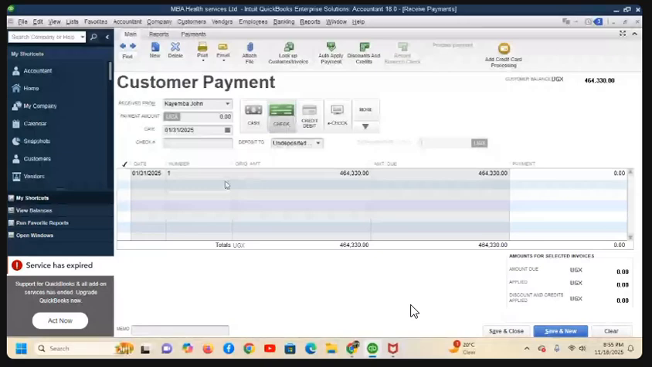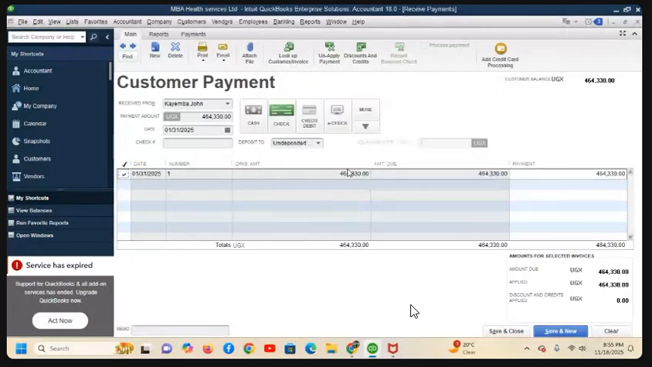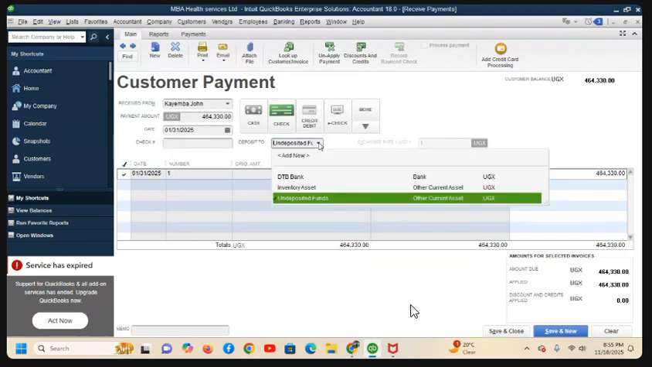Then I come and tick on the figure here. The moment I click on it, the figure automatically takes itself here. So the system will assume that I'm receiving payment of the full amount. If you have a check number, you come and write the check number here. So now, where are you depositing the money? When we are depositing the money, we should be able to select the bank account where we are depositing the money. Now, assuming we are depositing the money to Diamond Trust Bank,